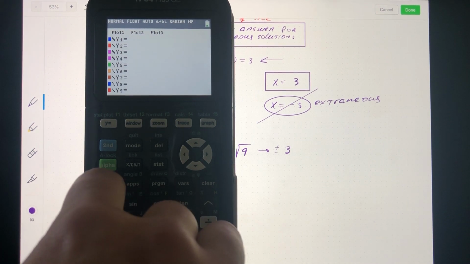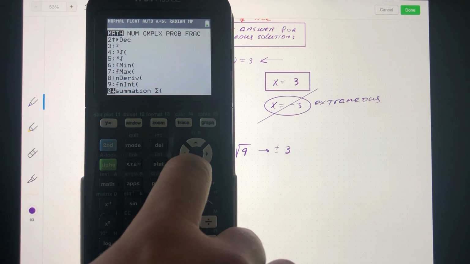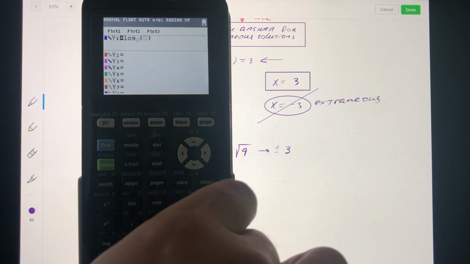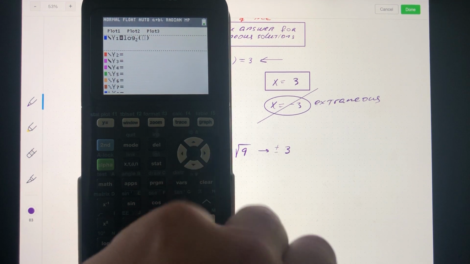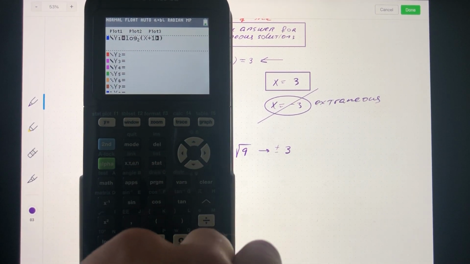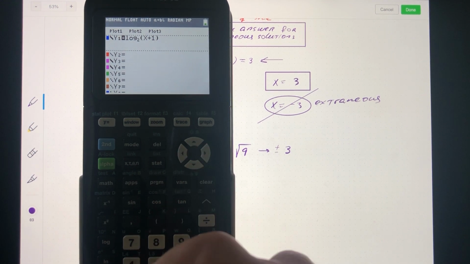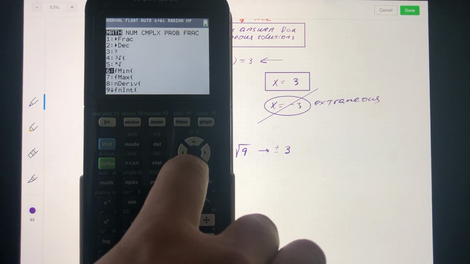So we will be using log of different base, so let's scoot over to choice A, log base 2, and here we have x plus 1, and then plus, go back to log,